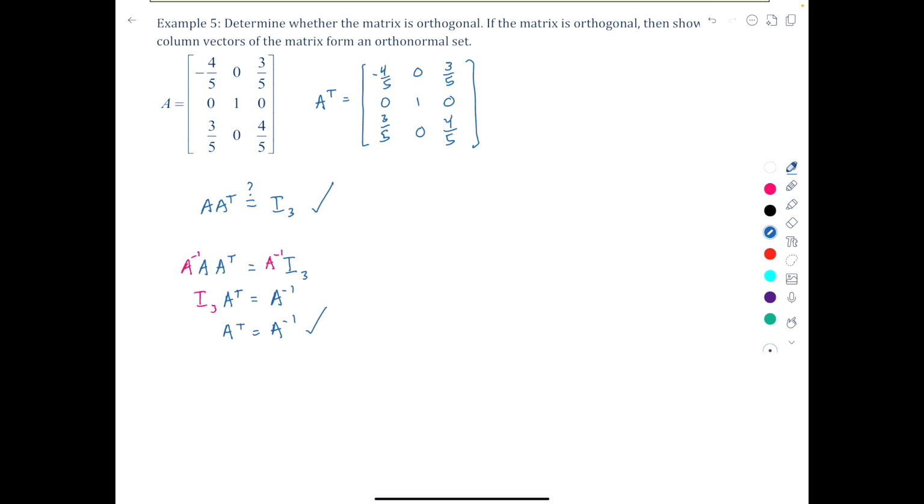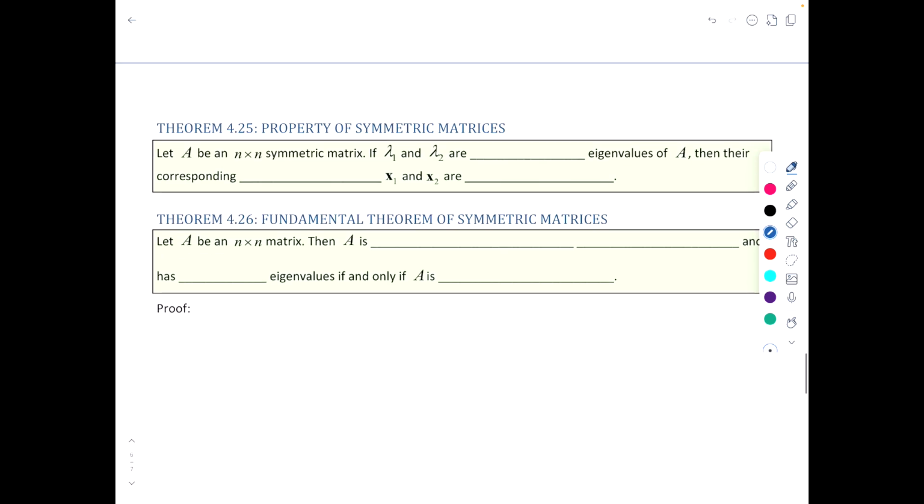Groovy? Okay, so next up we have another theorem,